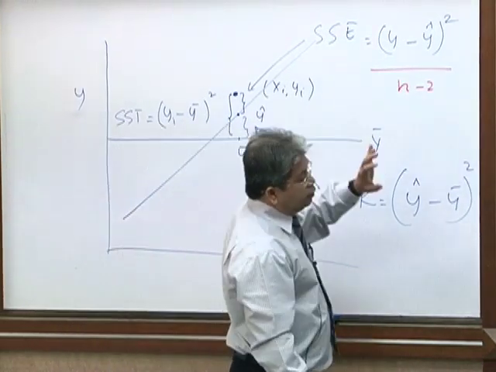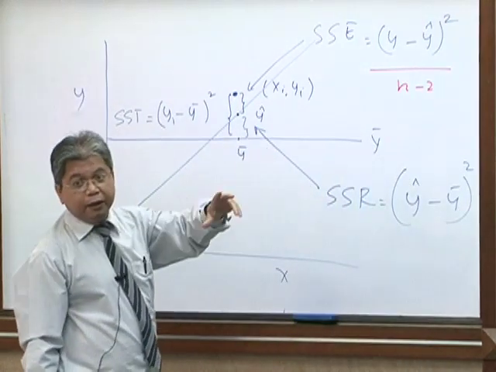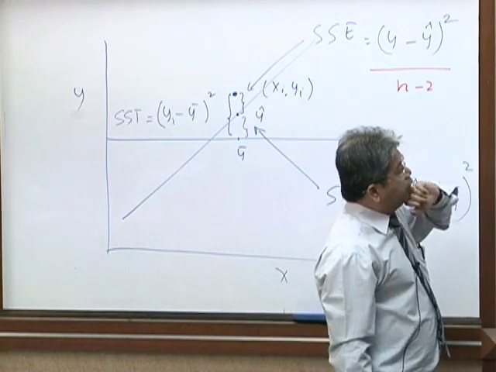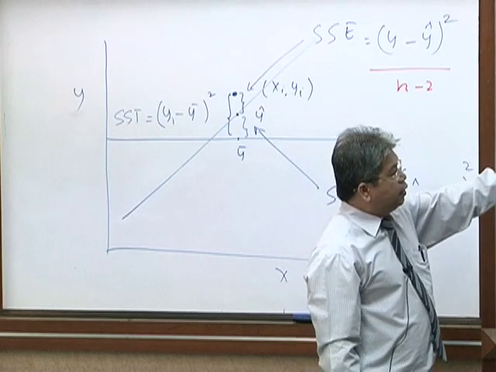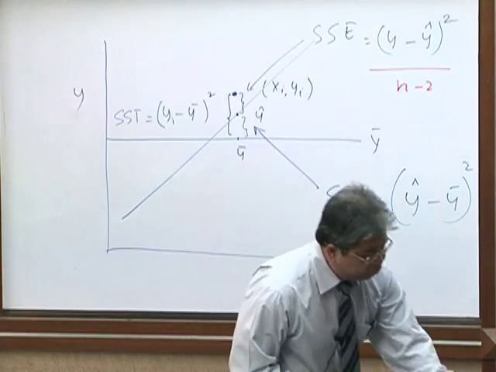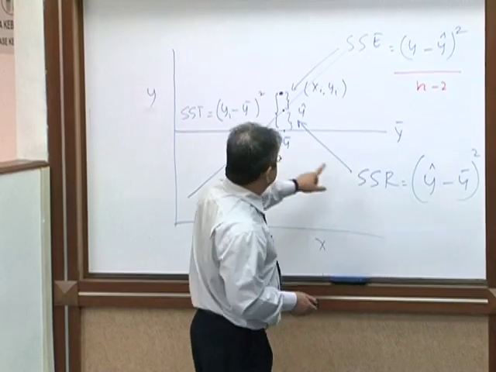So the standard error, as we mentioned just now, is a parameter to measure how good the line is, and can be defined using the variance, which is equal to the square root of MSE, where MSE is the mean value of error. And the R square can be defined this way, which is equal to the sum of squares due to regression, SSR, divided by total error, SSR divided by SST.